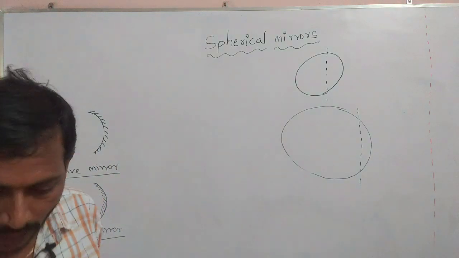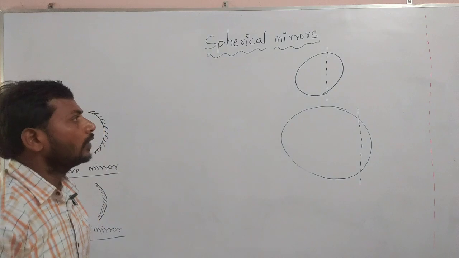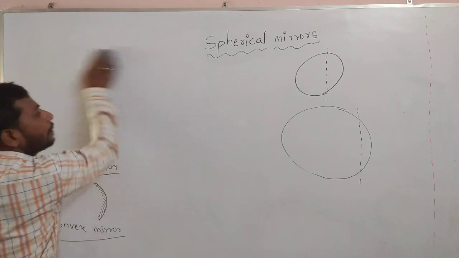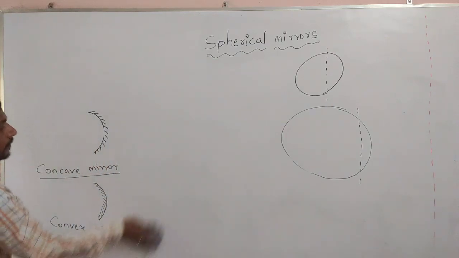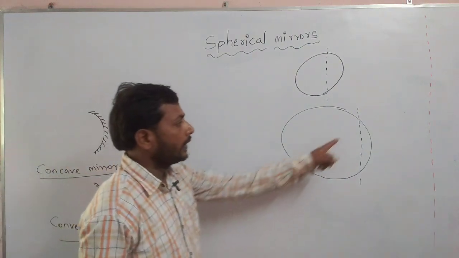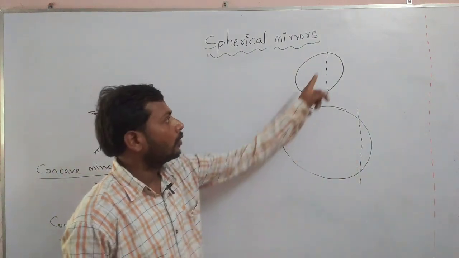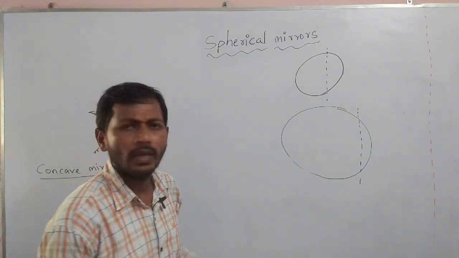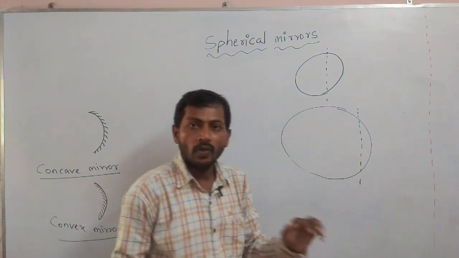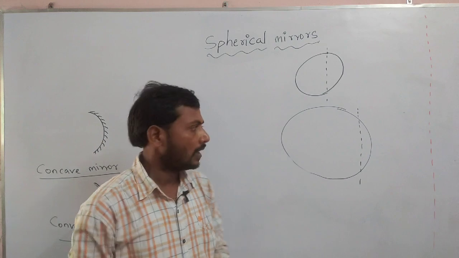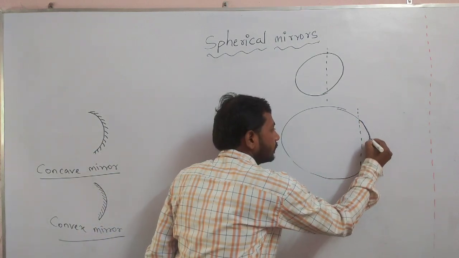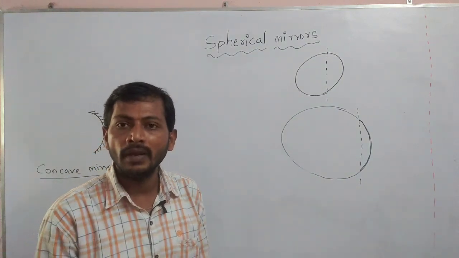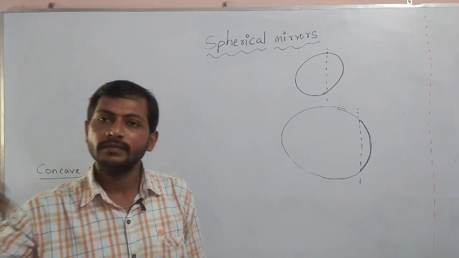Now listen here. First, what have we done? We have taken one spherical globe which is made of glass. For example, I am going to take this sphere, any sphere you can take to understand. Now see, I have taken this sphere. When you imagine the sphere, this is the curvature. That's why these mirrors are called curved mirrors, spherical mirrors, because they are taken from the sphere.